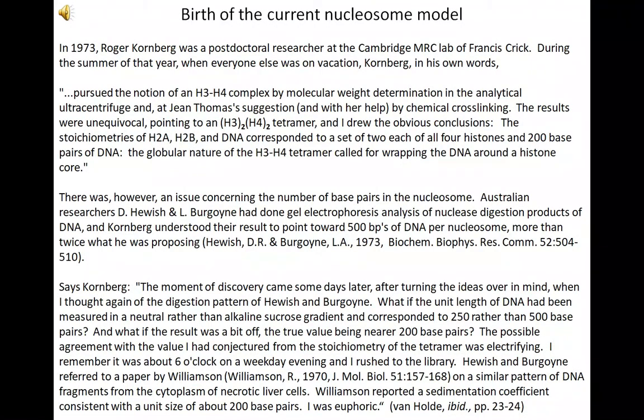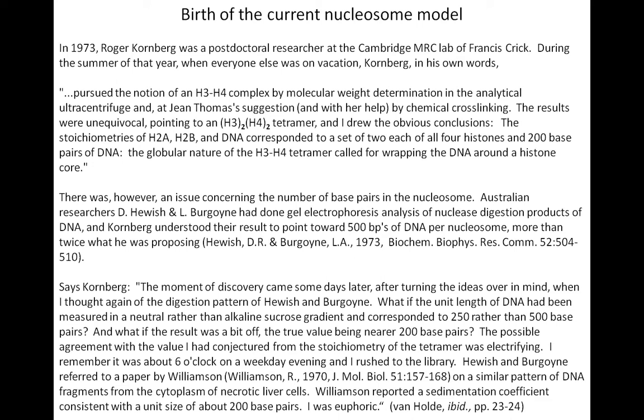Here's another page from the Van Holde book detailing the circumstances of the Kornberg-Thomas discovery, which came about through logical consideration of stoichiometric and energetic data, giving rise to a model which was confirmed by analytic ultracentrifugation and chemical cross-linking studies. The passage is too long to read in its entirety, but the primary conclusion remains the central concept of histone